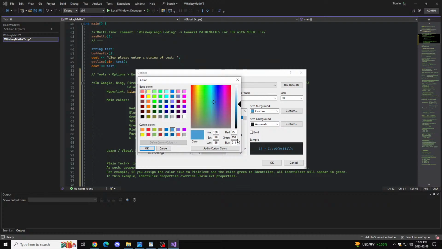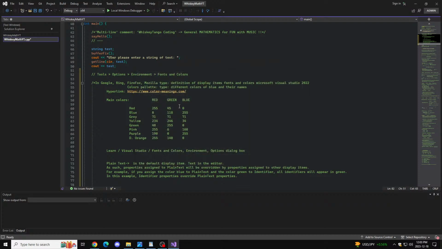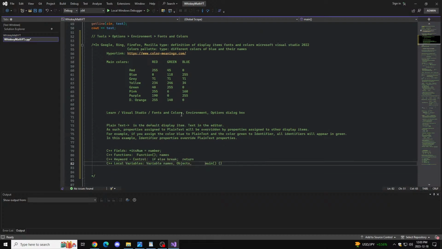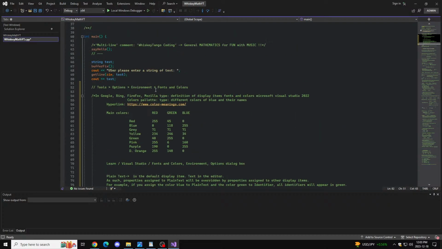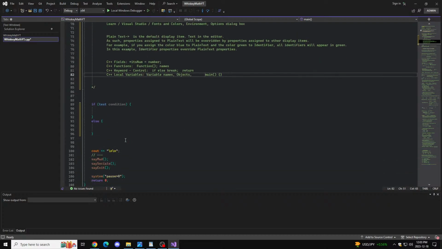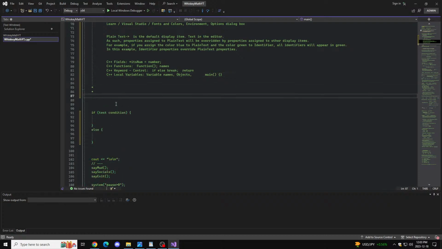That's the color, 75, 156, 211. And again, I saved it. Basically, like I said, variable names and objects, right? When you create objects. So if you have a class,